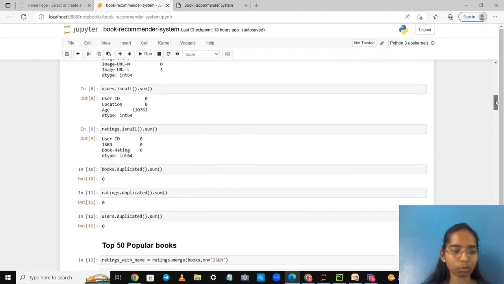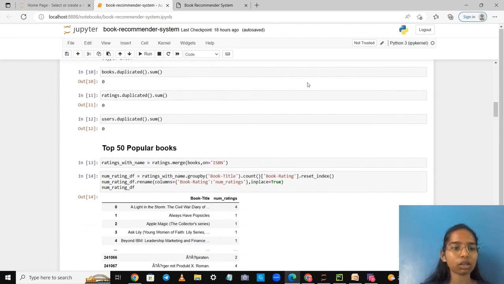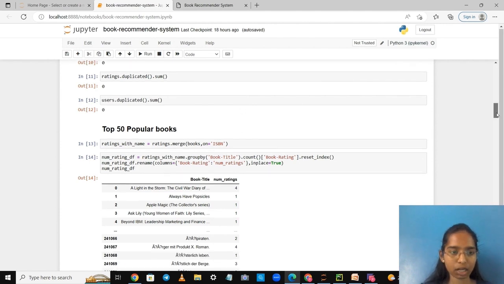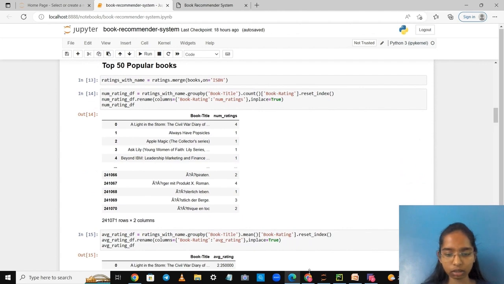If we have any duplicated values, that also we have to check. So in all those three CSV files, we don't have any duplicated values. Now, as I've shown over here,